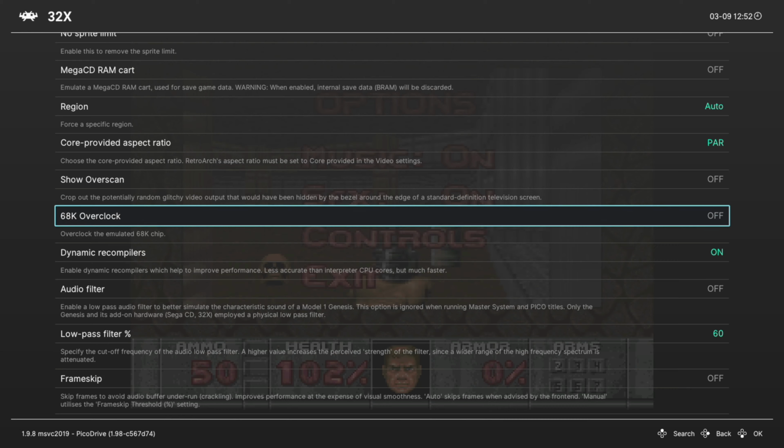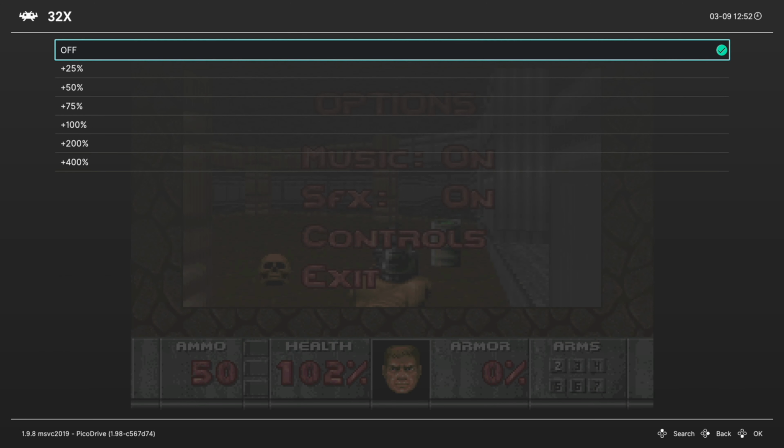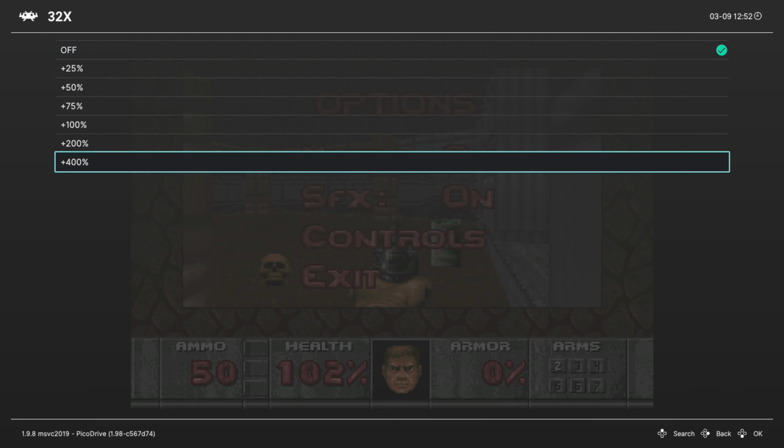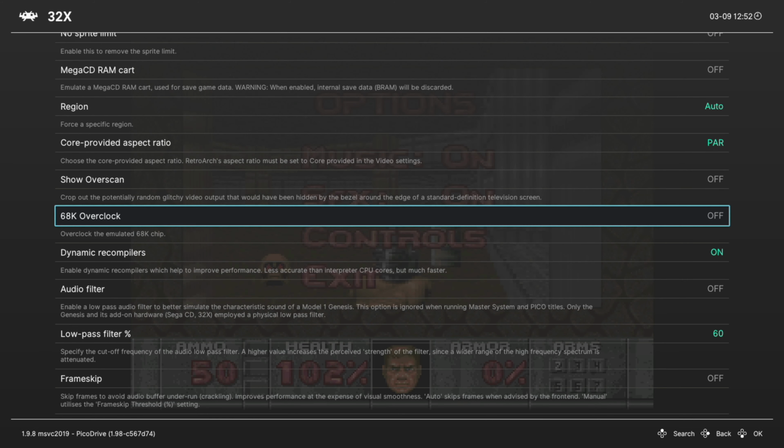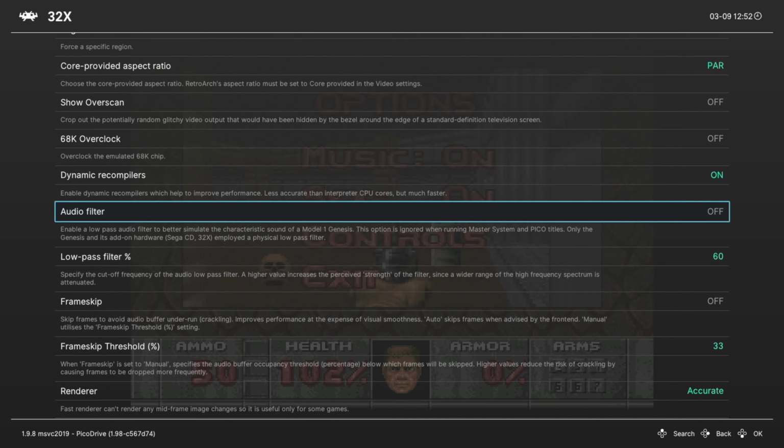Next up, you can overclock the emulated Genesis CPU up to 400%. Should help combat some hardware-induced lag. Try it out on a game-by-game basis. Not sure if it breaks things or not, but just be safe with it. Gonna skip dynamic recompiler. And next we have an audio filter that tries to more accurately mimic the sound of